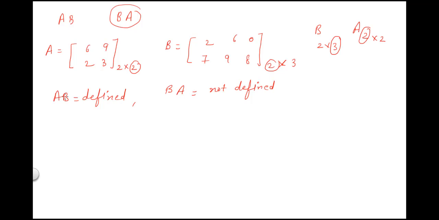Also, suppose AB and BA both are defined, it is not necessary that they both will be equal. To understand this property that AB is not always equal to BA, that means matrix multiplication is not commutative for all matrices, you can try example number 13 of NCERT. Clear? There is one more property, that if we